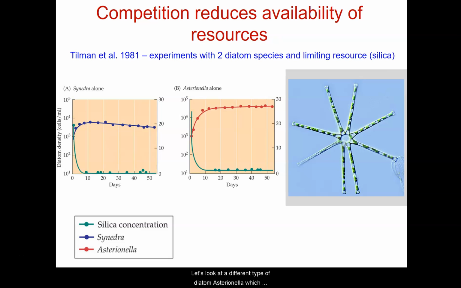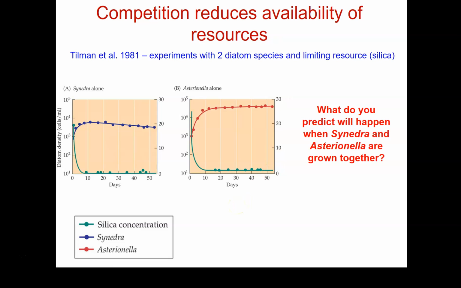Let's look at a different type of diatom, Asterionella, which is here. It looks like this star-shaped diatom. Asterionella, also a diatom, is also going to use up silica, because silica, again, is a resource for this particular diatom. So as the Asterionella concentrations grow in solution, they're using up all the silica to build their bodies. So clearly, you've got two different species of diatom, both of which are using a limited resource, silica, to build